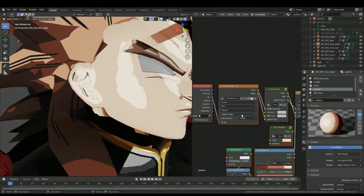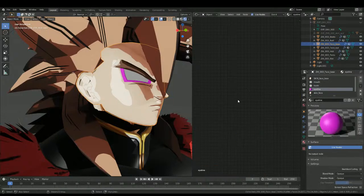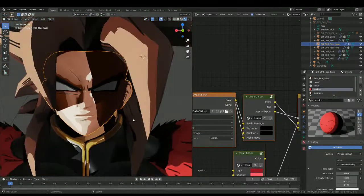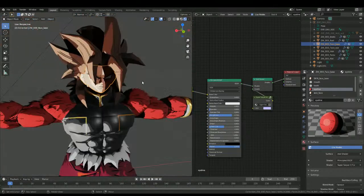For the eyeliner, I'm actually going to copy what I have for the fur here. Copy that over. And once again, choose the appropriate face textures. Now for this, I am going to, once again, use an add shader, and I am going to grab the fur node tree that I have. Now, one thing I